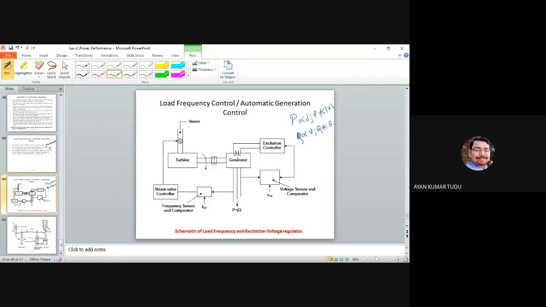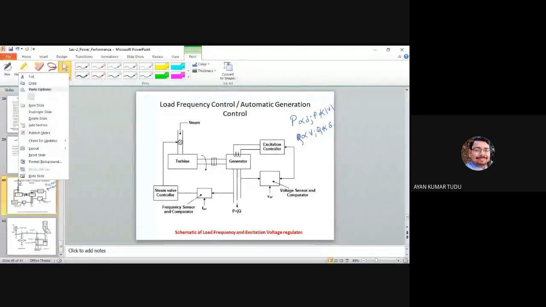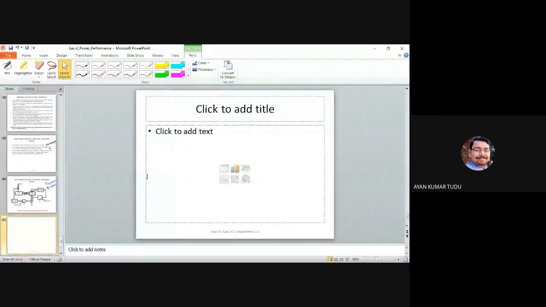You may also ask, sir, this is a mechanical system, this is an electrical system, correct? Can the transients in the excitation voltage controller affect the other portion? The answer is again no. Because the transients in the excitation voltage controller vanish much faster and do not affect the dynamics of the power frequency controller. This is a very common question asked in interviews: why can these two be modeled separately?